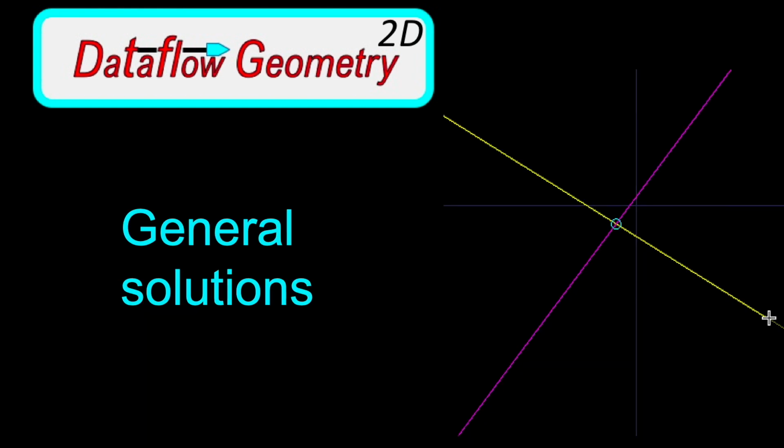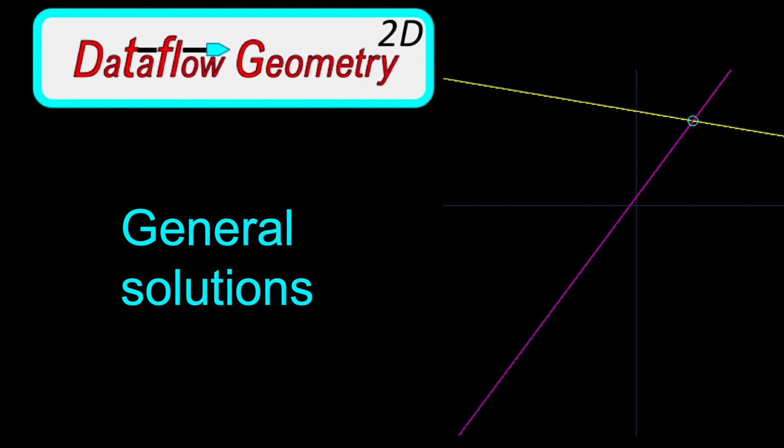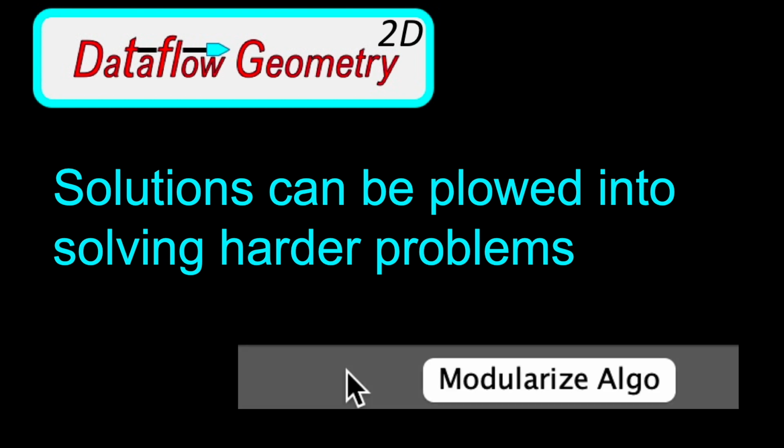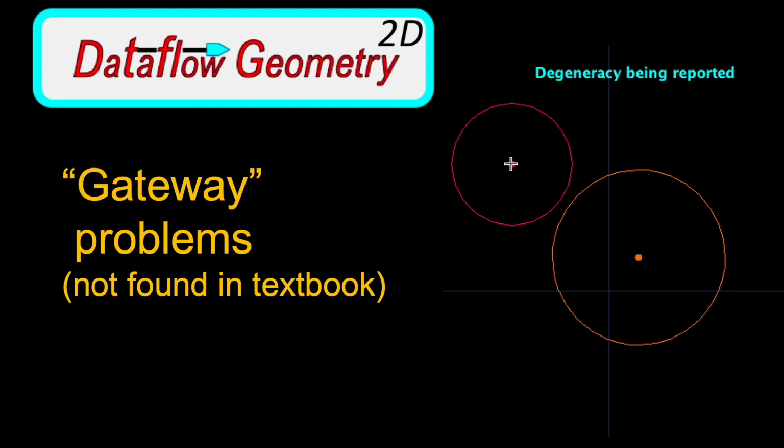Another change? Problems are no longer cherry-picked for easy mental arithmetic. Therefore, the most generalized statement of the problem can be the one solved. Is that a big deal? You bet, because the automated solution can be plowed into solving harder problems, like this one, computing the two intersection